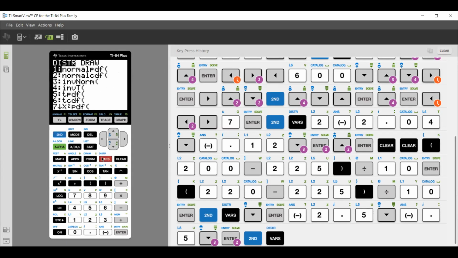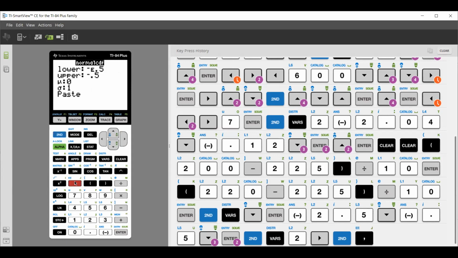We're going to go normal CDF like we do right here. Then we're going to keep the negative, but we're going to enter infinity. The way we do that, remember, is with the E on top of the comma right there and 99. Be sure you enter the negative sign before it. The upper is actually